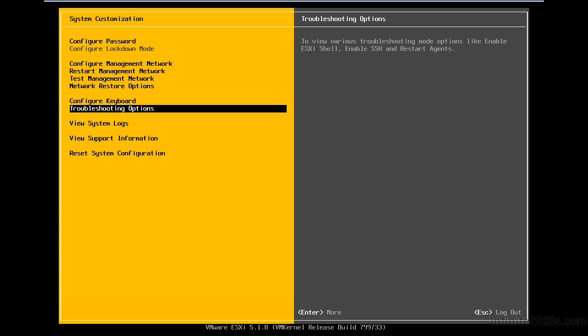enable that from here. We can also enable remote access to that shell through SSH, and there's also the feature to restart the management agents, which is a little bit like restarting the management network, but when you restart the management network, you're really reinitializing all the network interfaces. When you restart the management agents, you're really restarting the VPXD service, which is used to respond to vCenter. So if you're not using vCenter, if you're just using the free version of ESXi, that won't affect you, but